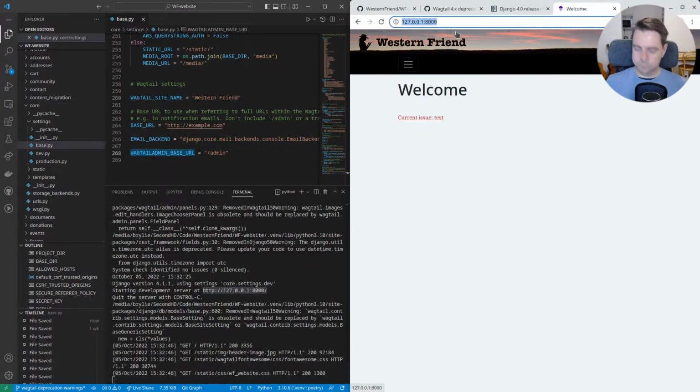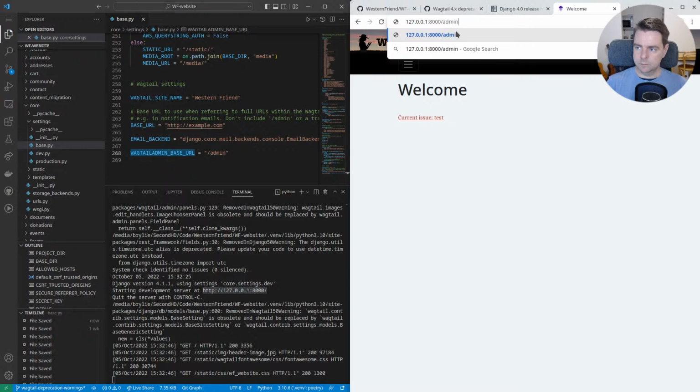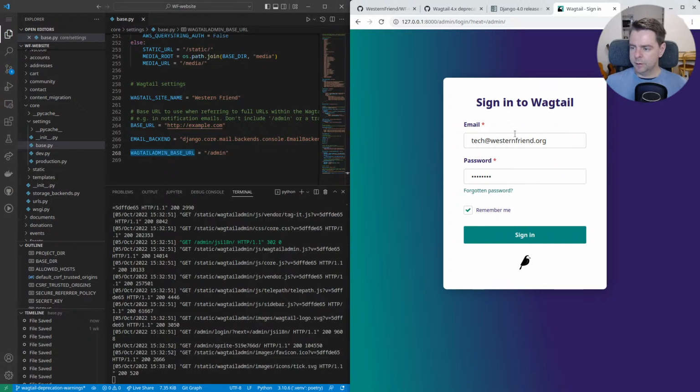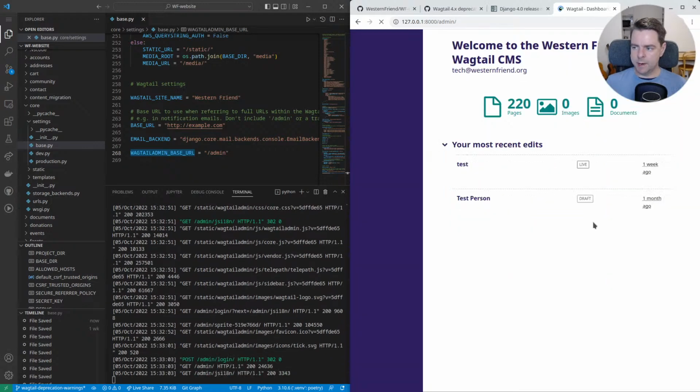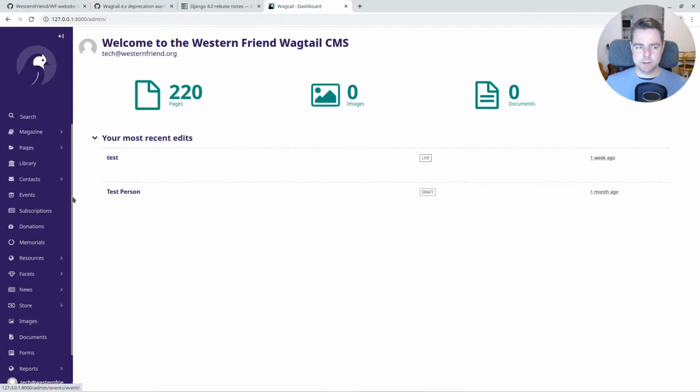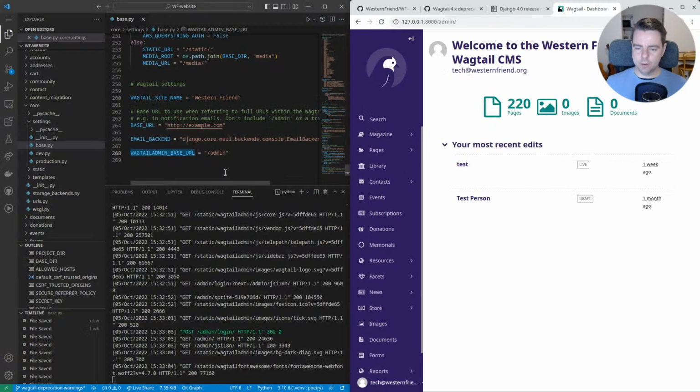Let me show you what the Wagtail admin interface looks like. It's very similar again to WordPress. It's got a sidebar menu. It's blazingly bright, I've got to work on my color balance. It's mobile friendly, and